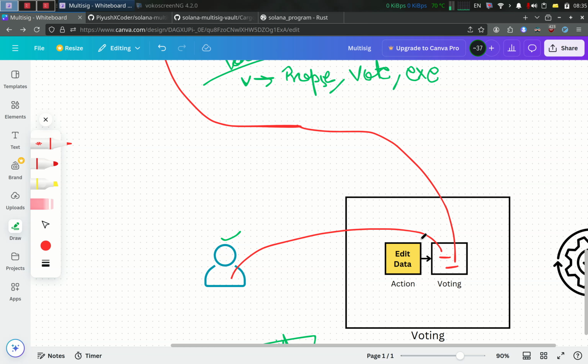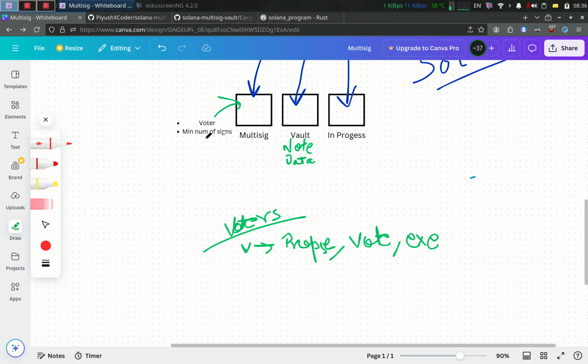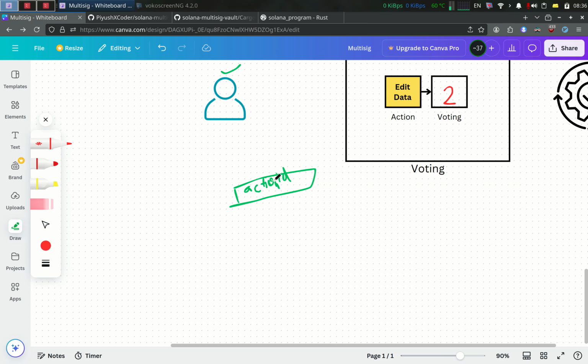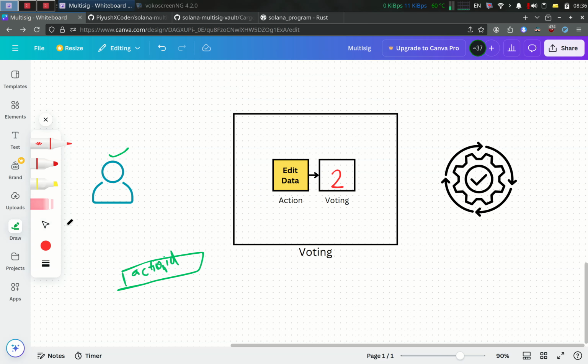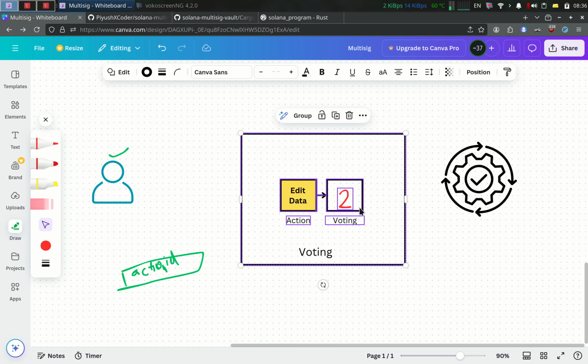Beautiful. So there are now two votes, isn't it? Suppose the minimum number of votes required was 2. If the number of votes needed is fulfilled, then